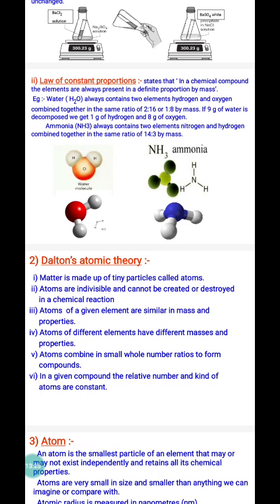Fourth: atoms of different elements have different masses and properties. Fifth: atoms combine in small whole number ratios to form compounds. And the last one: in a given compound, the relative number and kind of atoms are constant. So, the 3 important laws